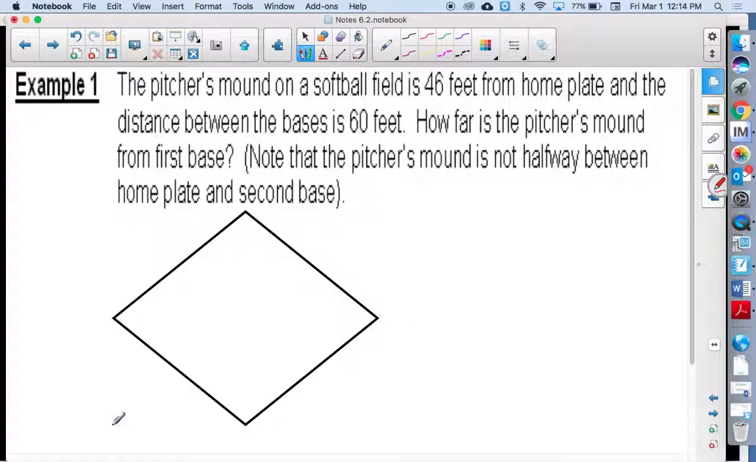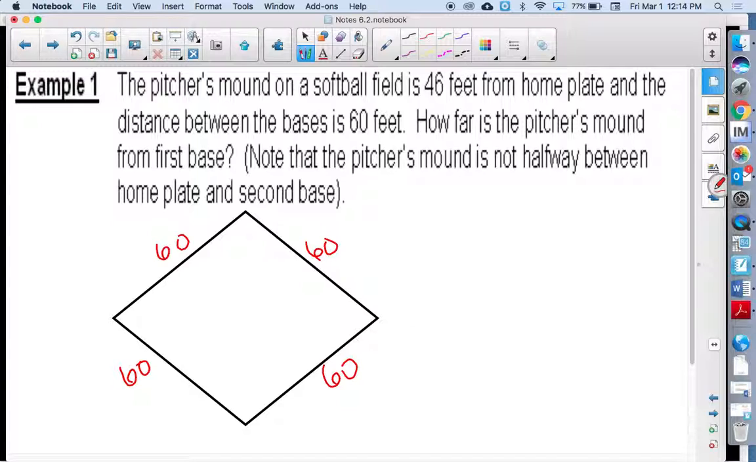So David said he drew a triangle, which no problem, draw a triangle. But I figured I'd draw a real softball diamond or a baseball diamond. We know that the distance between all the bases is 60. You don't have to label all of them, but if this is my softball diamond,